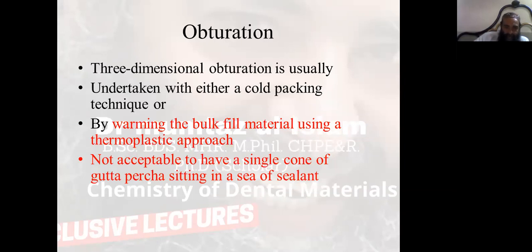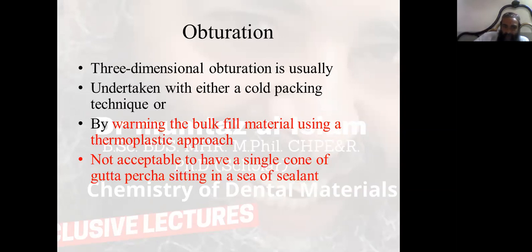Obturation is a 3-dimensional obturation because root canal anatomy is a 3-dimensional structure. So usually undertaken with either a cold packing technique or by warming the bulk fill material using a thermoplastic approach,